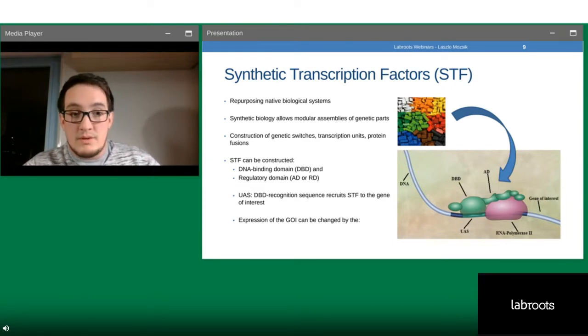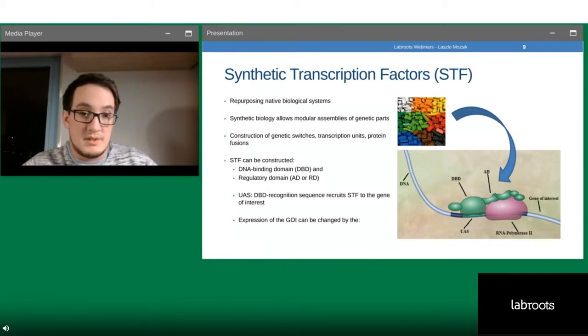Transcription factors are commonly built up from a DNA binding domain and an activator domain. The DNA binding domain has the capacity of binding in front of the gene of interest, at the promoter, and through the activator domain for transcription activation, or repressor domain for transcriptional repression, can modulate the transcription from the promoter of the gene of interest by attracting RNA polymerase II or keeping it away for repression. And in synthetic transcription factors, we can create a hybrid of them. So we can combine the DNA binding domain of choice with the modulator domain that we want to use